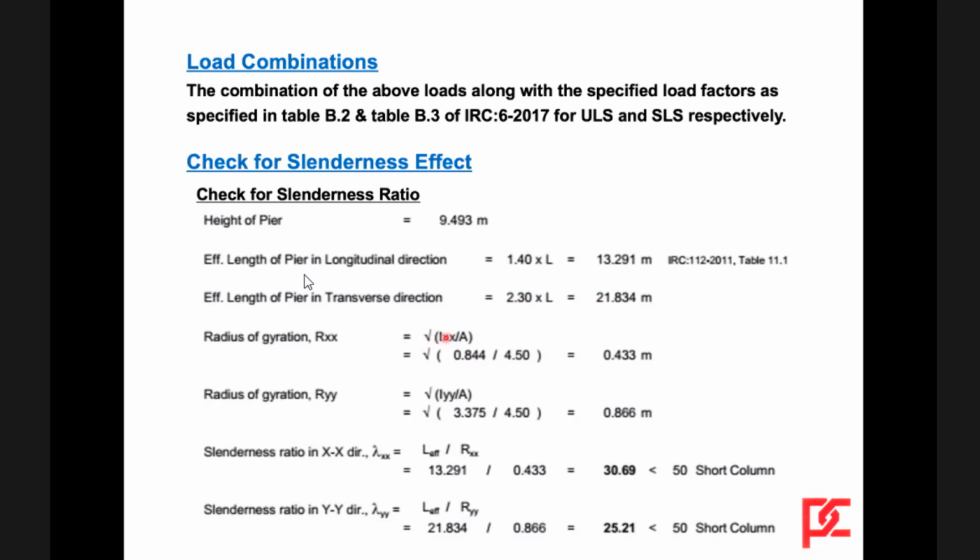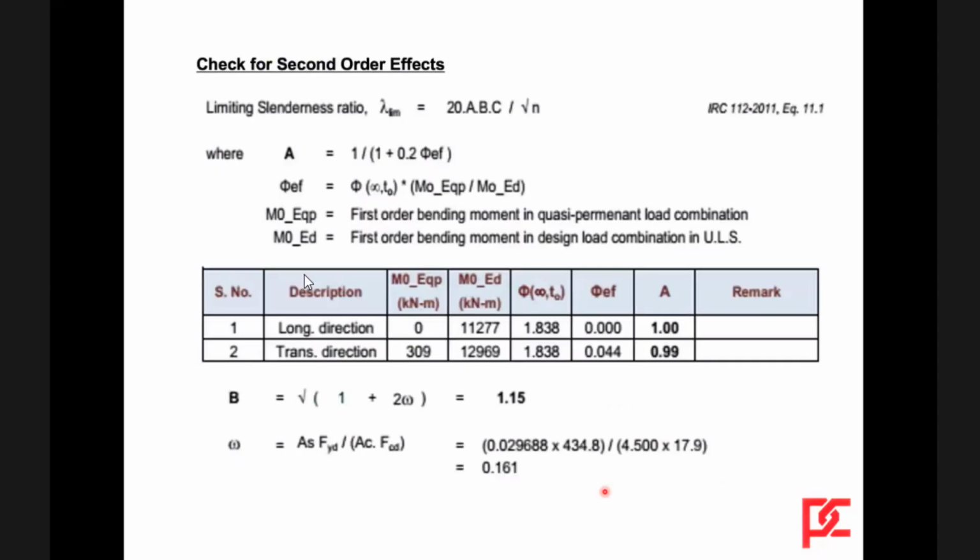And then radius of gyration, Rxx is 0.433, Ryy is 0.866. Slenderness ratio in X direction is 30.69 and in the Y direction it is 25.21. Both are less than 50, short column. Of course, this short column limit of 50 is given in the earlier IRC. Now in IRC 112, we need to check for second order effects based on